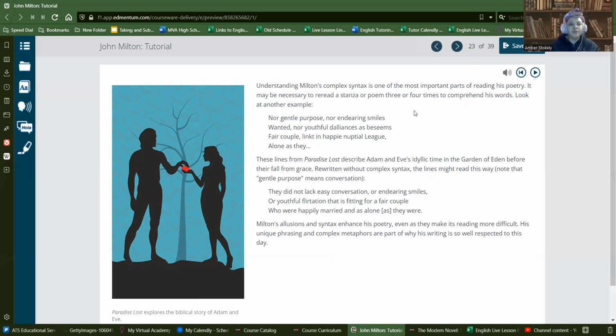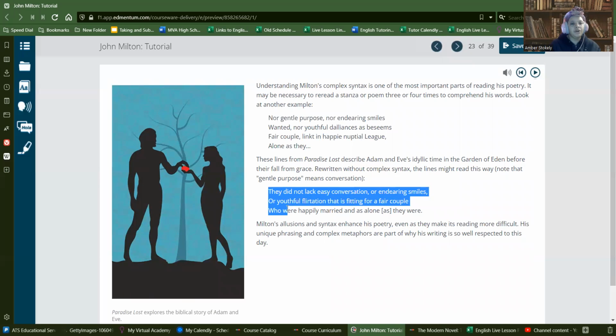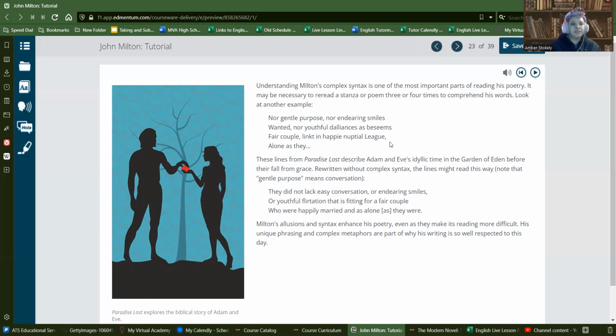And if you rewrite it, they give you the example here. They did not lack easy conversation or endearing smiles. Endearing means to charm someone towards you. Or youthful flirtation that is fitting for a fair couple who were happily married and alone as they were. So just looking at this, we have "nor gentle purpose, nor endearing smiles." That's easy enough. They basically were not,